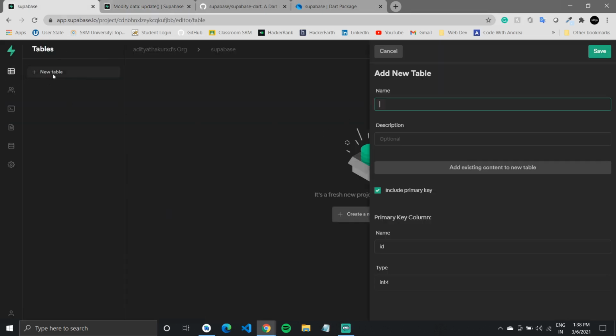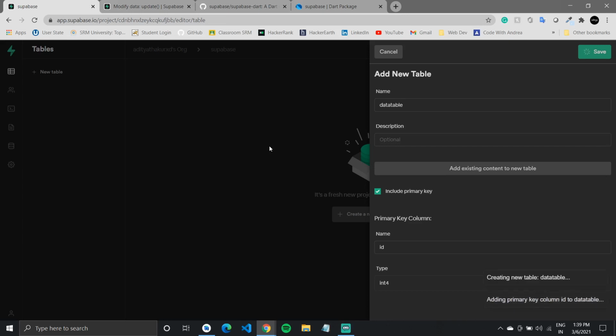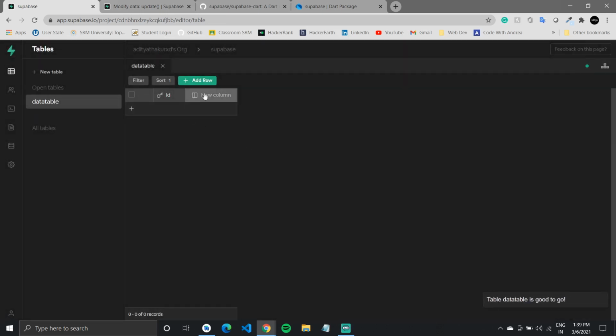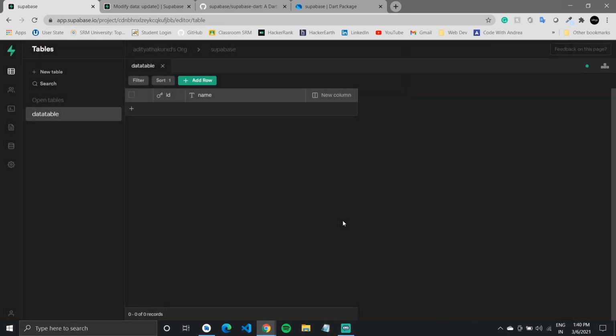I'll go over to my table editor, create a new table, call this table something like data table, and so we have created a data table.